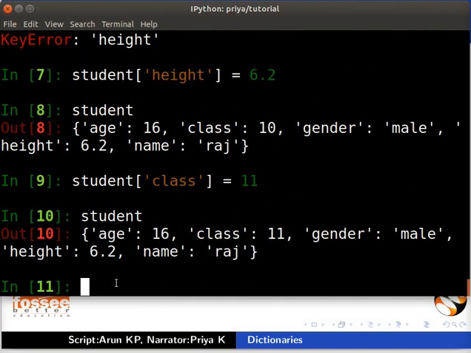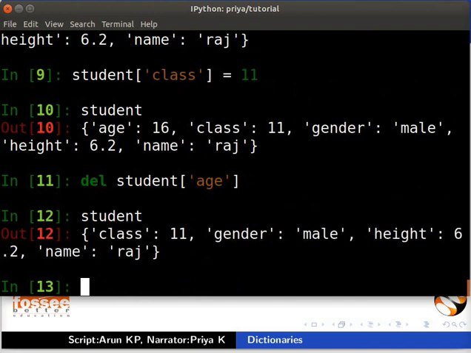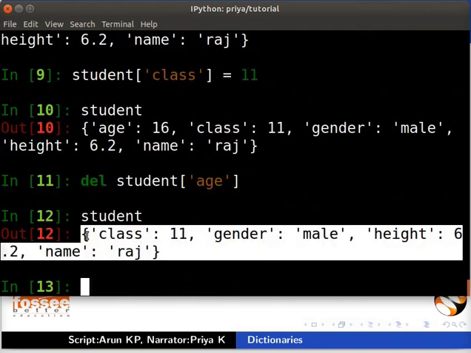Next, let us learn to delete age from the dictionary student. Type del student inside square brackets, inside single quotes, age. Type student. You can see that now key value age 16 is deleted from student.